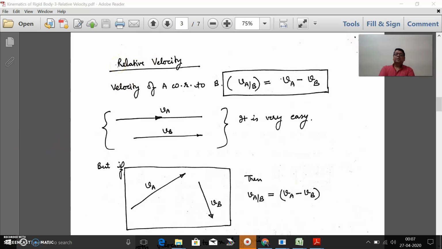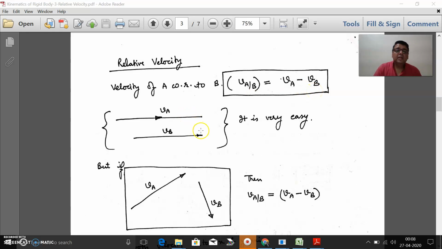We'll start with the topic of relative velocity, right? In this, it is very easy, and you had already covered this topic. In relative velocity, let us say two bodies are moving with some velocity. One is moving with velocity VA, and another with velocity VB, and you have to find out the relative velocity of A with respect to B, right? So A with respect to B we will write in this way and calculate VA minus VB.